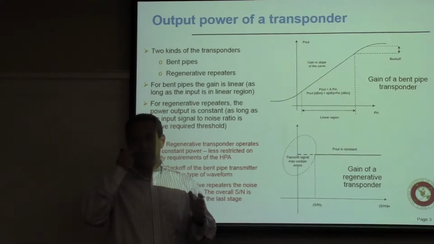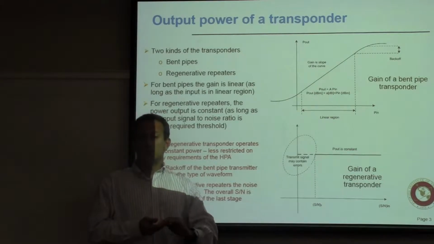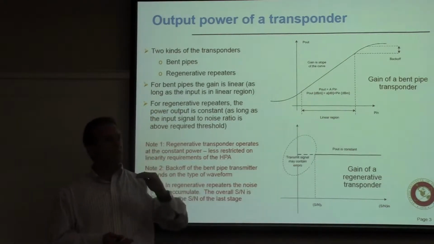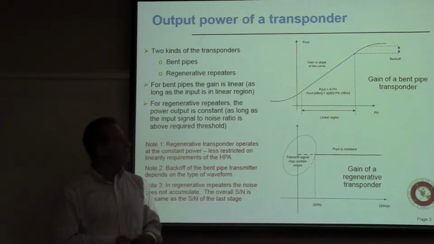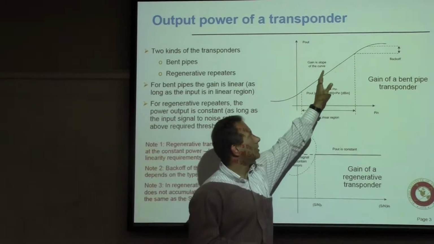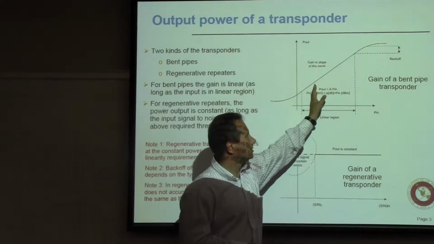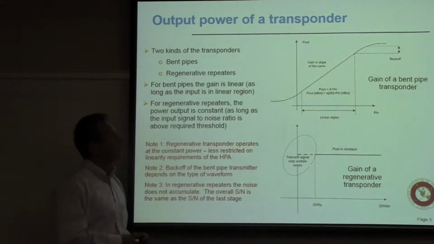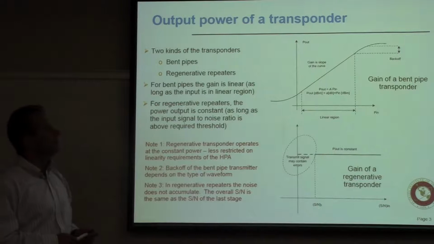I explained last time what the peak to average power ratio is. So what you need to do is to make sure that whenever a signal is at its peak, it's still within the linear region. And that leads to the backoff, making sure that your average power is